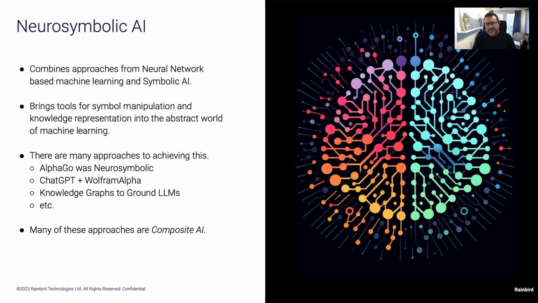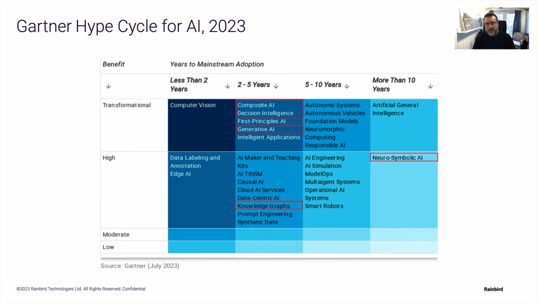And actually, some of these things are being written about by the analysts. I'm sure you're all very familiar with the Gartner hype cycle that shows where different technologies might be delivering different kinds of value over the next few years. I think it is absolutely fascinating to look deeper into some of Gartner's research. And we can see that they are including decision intelligence, which is the field that we would consider Rainbird working in, and composite AI actually in the same box as generative AI, as having transformational impact over the next 2